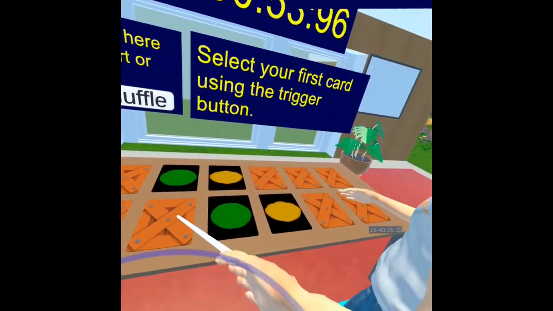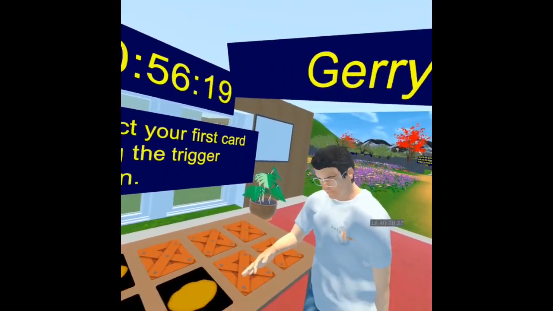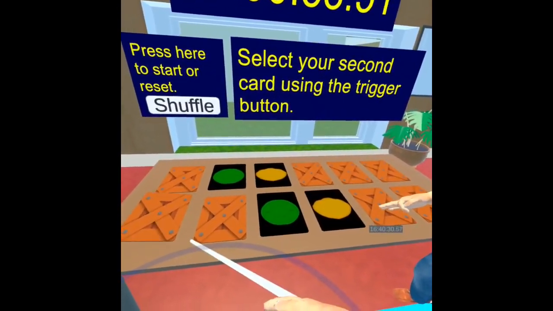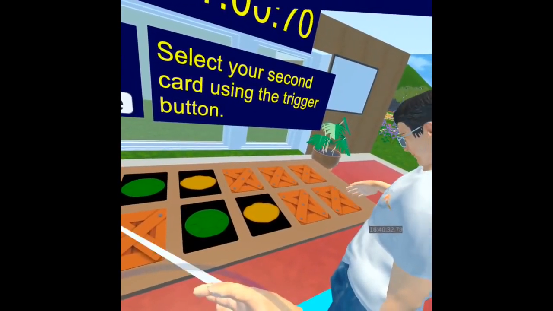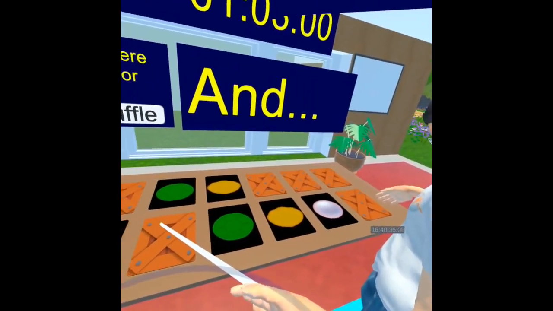So I'll just quickly demonstrate as well. Someone else can try and flip over cards as well, and you'll see the updates as they flip them over.